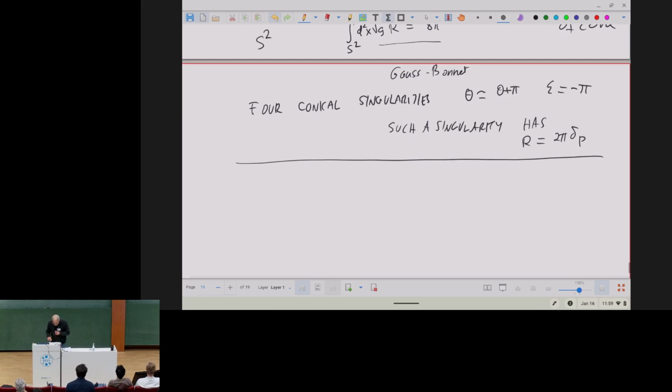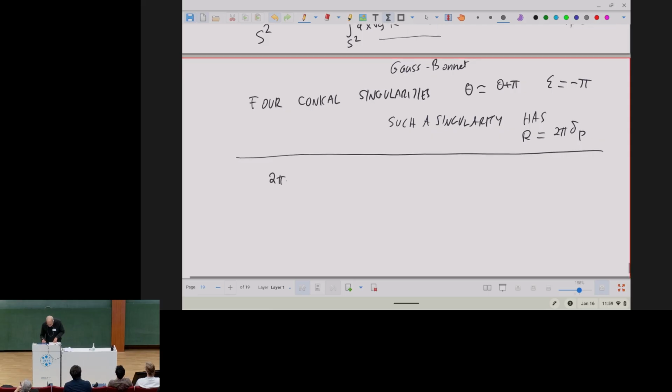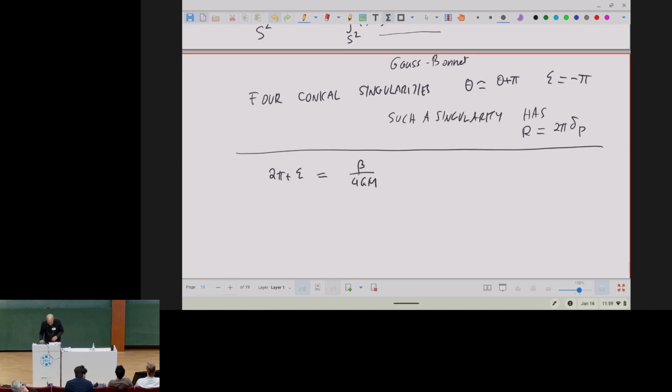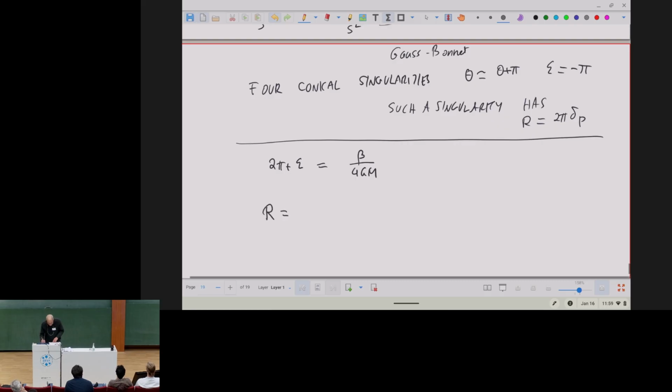So now we're interested in the case where 2 pi plus epsilon is beta over 4 gm. In other words, if beta is 8 pi gm, that's the smooth case where epsilon is 0. But for general beta, we have a conical singularity with that value of epsilon. So the scalar curvature now has a delta function on the horizon. In 2 dimensions, the apex of the cone was just a point. But here,